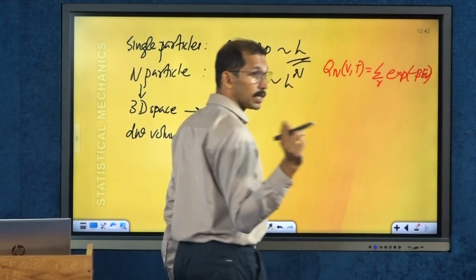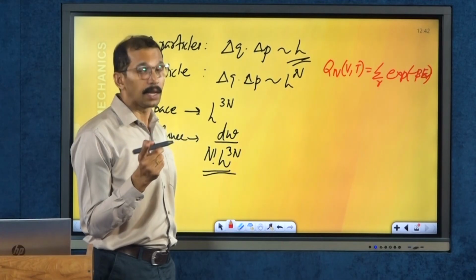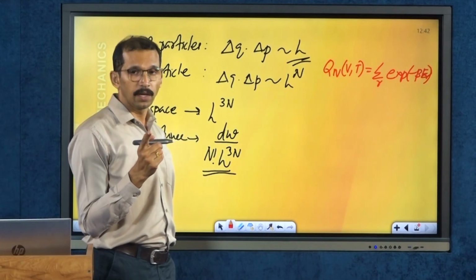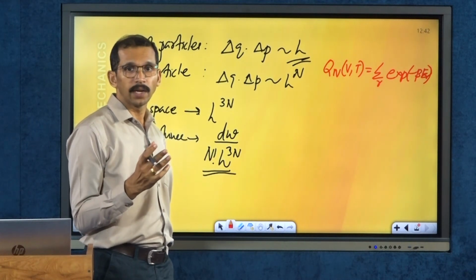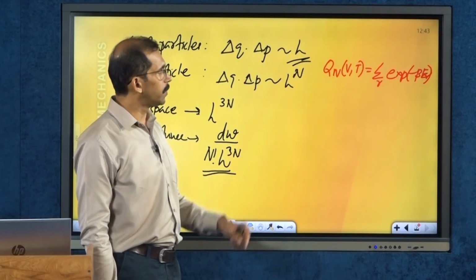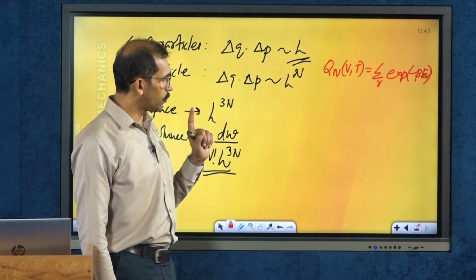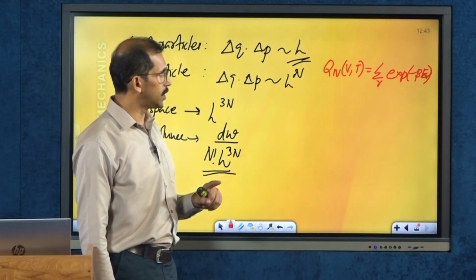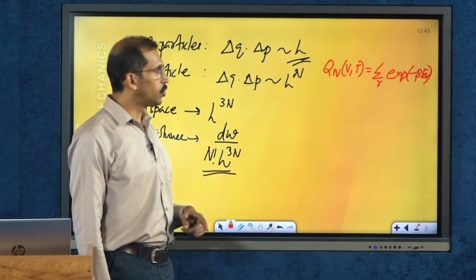This was our original expression. But when we are invoking the classical system, we need to remind ourselves that we are actually dealing with a continuous variable system. So instead of the summation, which is more applicable in quantum mechanical analysis, for a classical situation it would be more convenient to use the